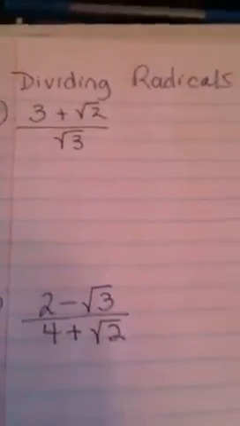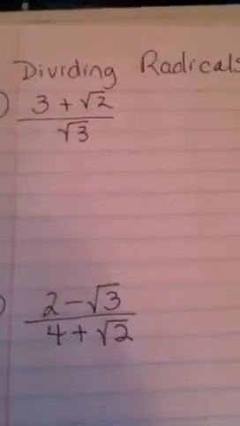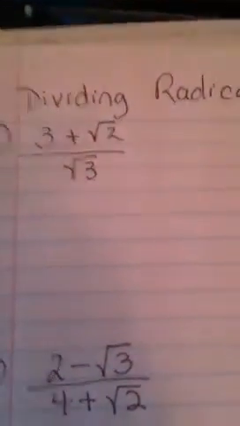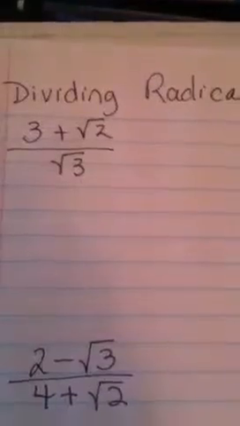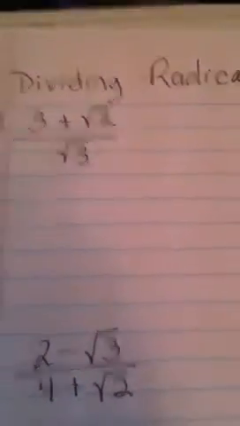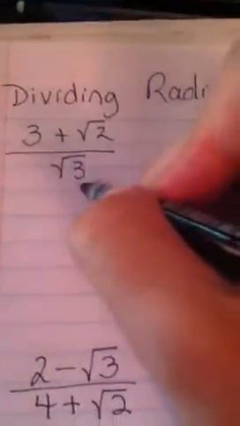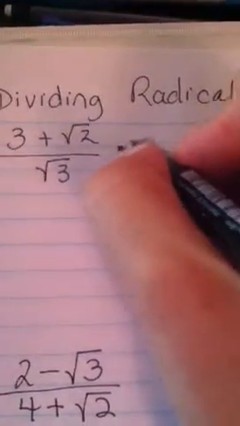Okay, so let's do a little bit of work on dividing radicals. We have two different examples to look at. Let's just focus on the first one for right now. We cannot have a radical in the denominator, so we need to get rid of it. This is just one term, so we're going to get rid of this one term